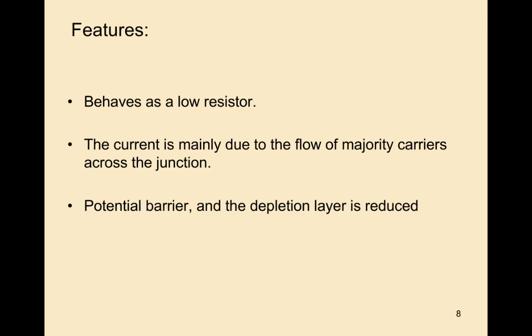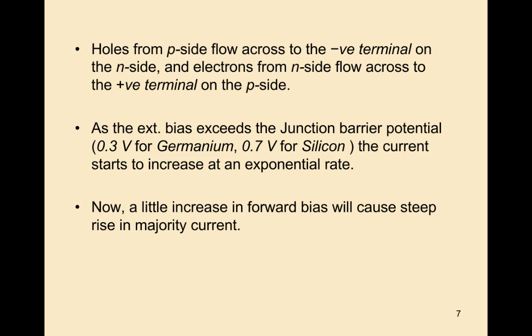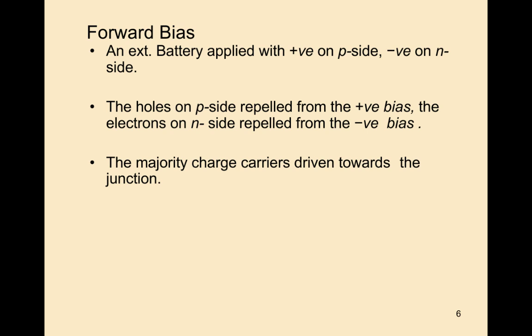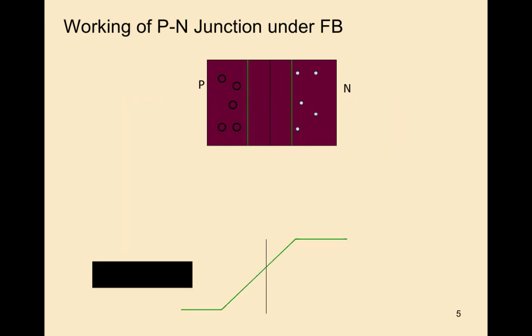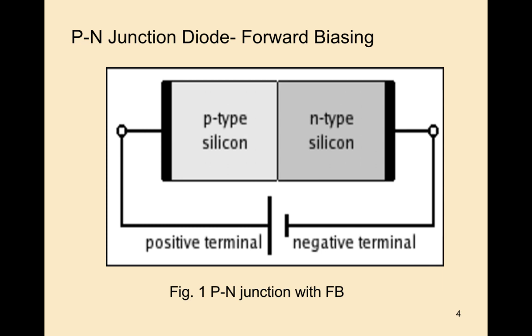So how is the PN junction connected in forward biased mode? See this slide. How the PN junction diode is connected in forward biasing. A PN junction diode is formed using two semiconductors, a p-type semiconductor and an n-type semiconductor. The p-type semiconductor is connected to the n-type semiconductor, and then one new device is formed. That device we call a PN diode.